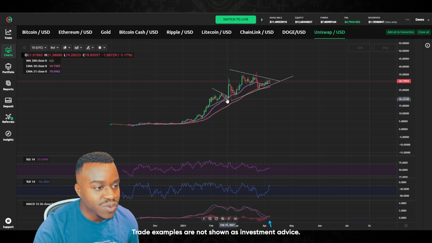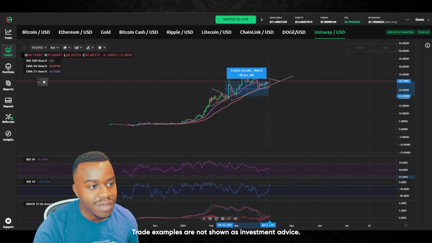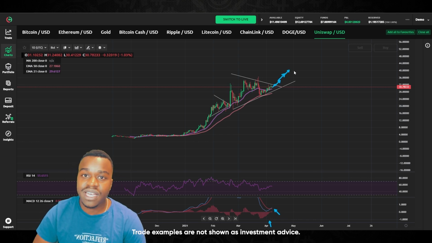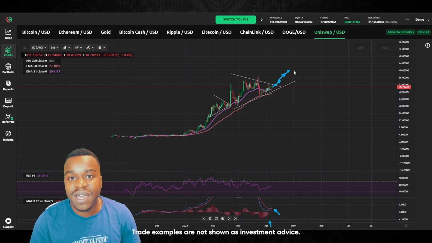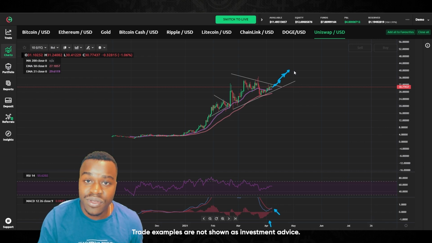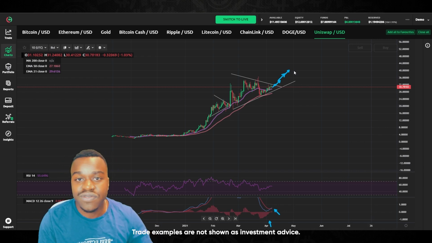Since that crossover, which is where the price did break out of that wedge that it was in, the price is up about 45%. So if we do also gain some momentum from this bullish MACD crossover, then I do see a breakout of this wedge and continuation to the upside for UNI. I'll see you guys back in the next analysis. Maybe we'll be around that first price target range at about $36 or maybe even higher, close to $50.